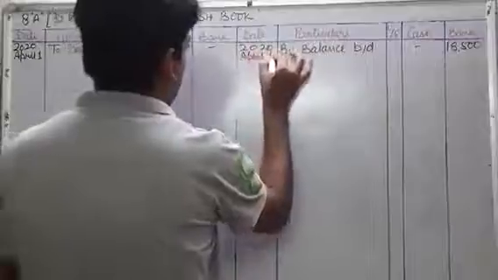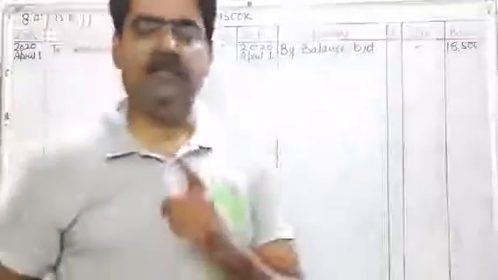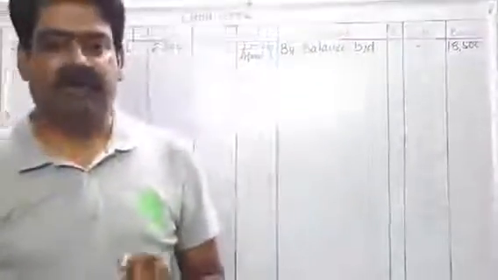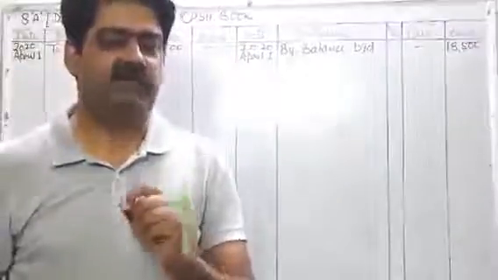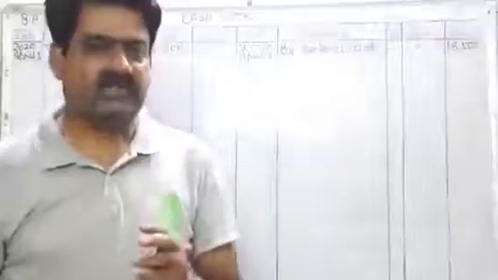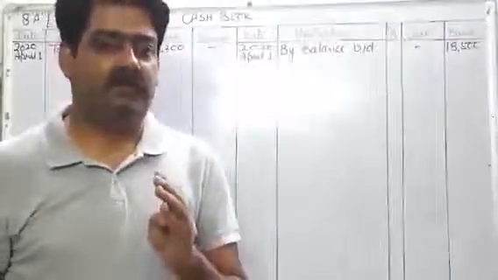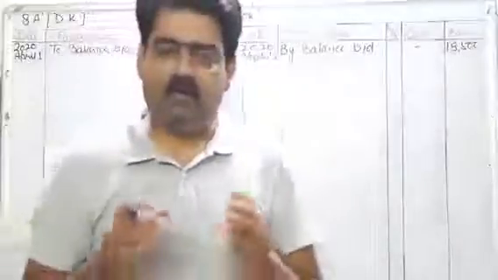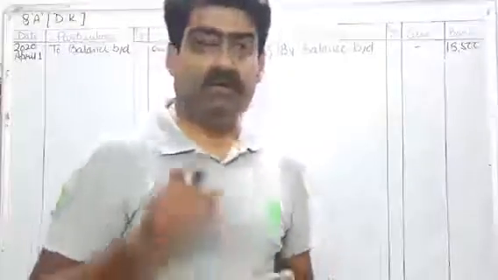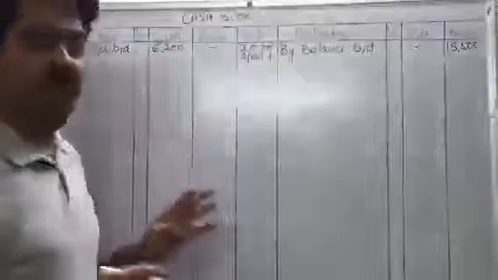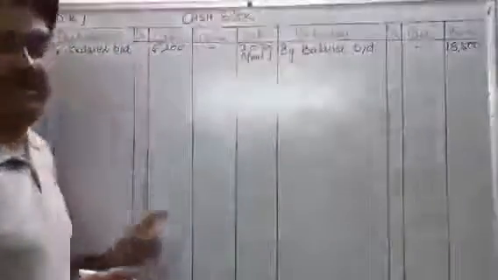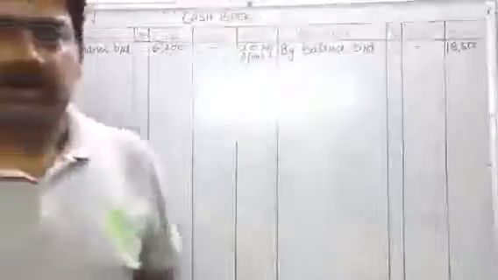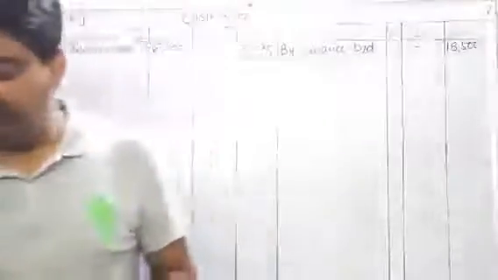April 1. Always remember, students, whenever you will be given credit balance of bank or bank overdraft, in such cases that balance of bank will come in credit side of your cash book. And always remember one thing more, cash in hand balance will also have debit balance, so it will come in debit side. Okay, now we are starting our cash book.